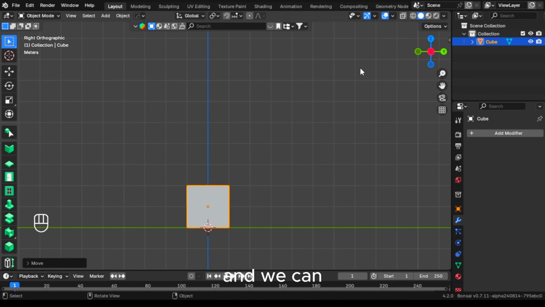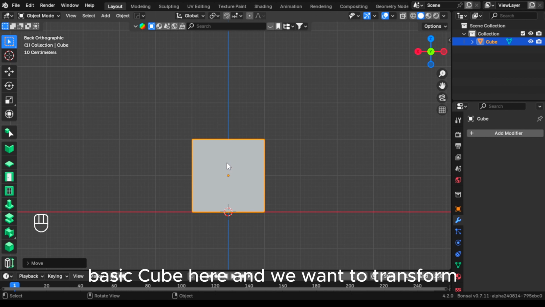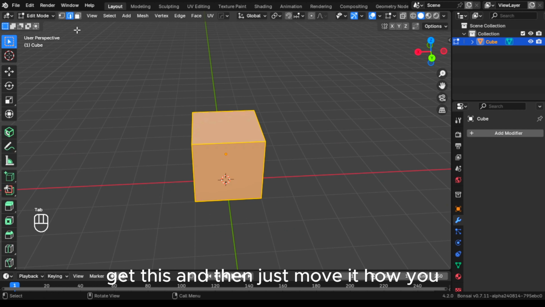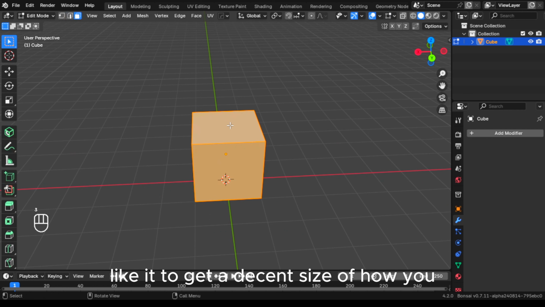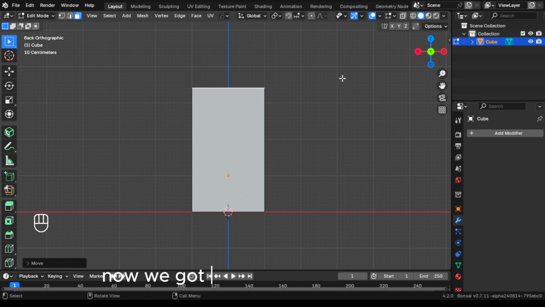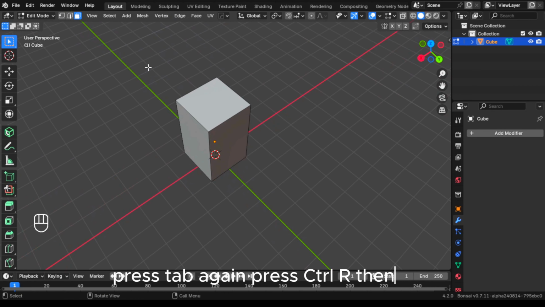To transform this into a perfume bottle, we can press G and then press C, then we have our basic cube here, and we want to transform this into a bottle. Then just move it how you like it to get a decent size. Now we got this cube, let's press Tab again, press Ctrl-R, then you see